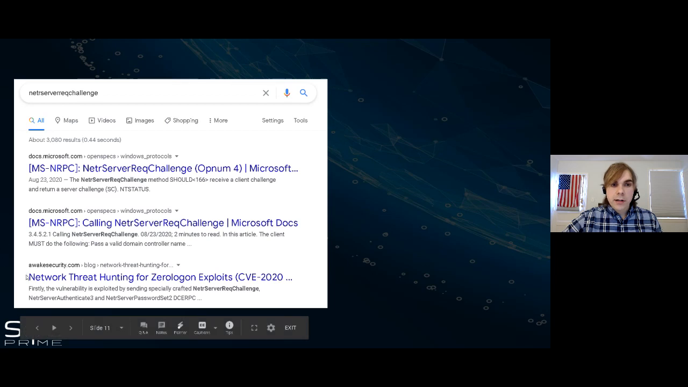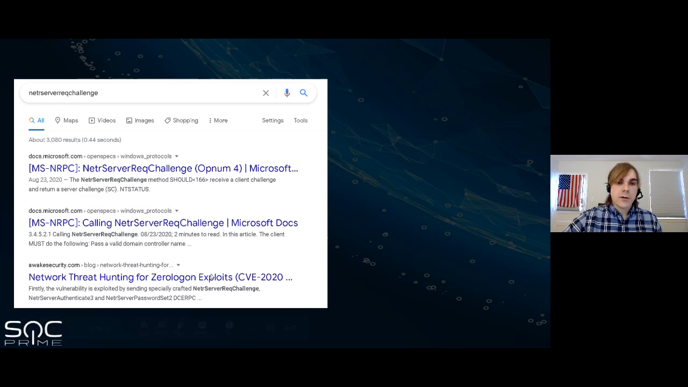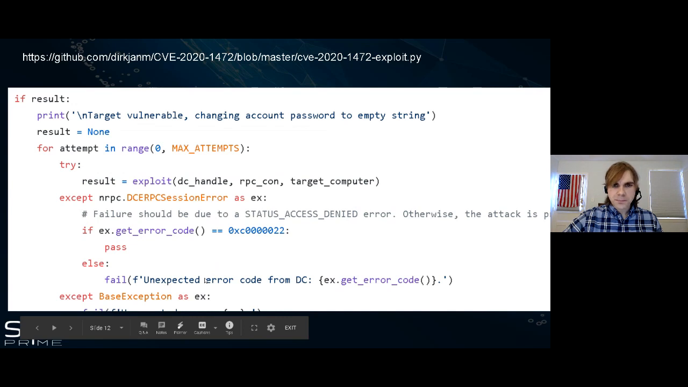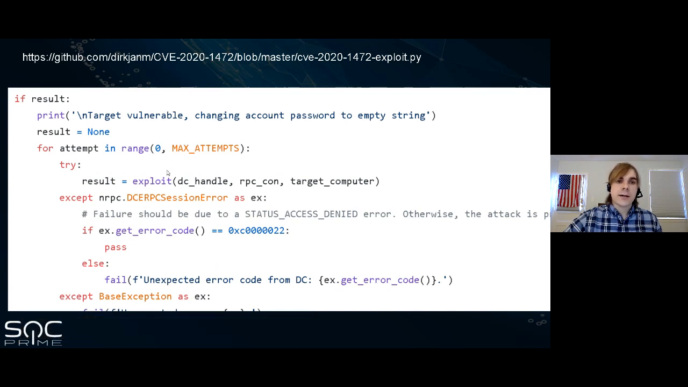For instance, Zerologon right here is the number 3 result today. So that should give you a good idea of maybe what the exploit is going to be. So then you can actually go out and find on GitHub, there's a bunch of POCs now. You can just pick one and start reading through the code. And you can see that there's an error code here, C000022. And if this is the error code, that means the